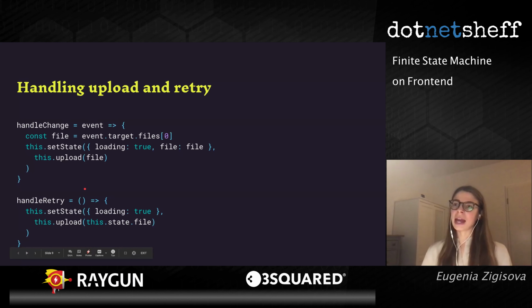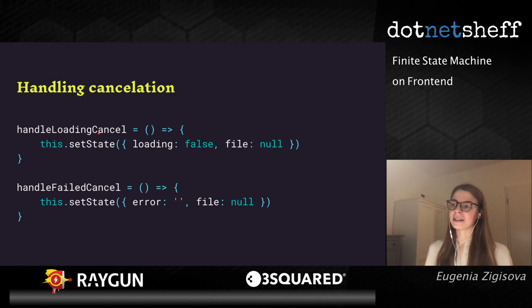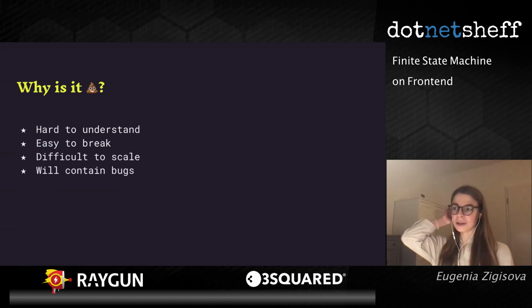You will need to handle different scenarios in a different way, even though it is about the same thing, like canceling. For example, when you need to cancel a file which is loading, you need to reset different values in the state. So you will need to have different handling functions to handle a scenario in the certain way that it is required. So although this is a very simple example, this is a bad approach